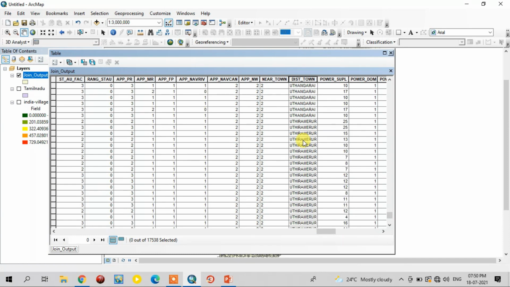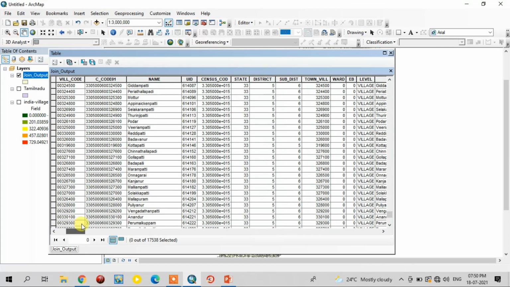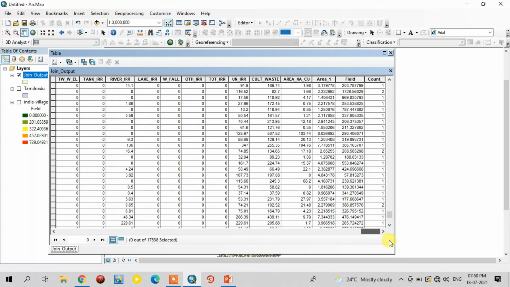See, these are all the district names in a single attribute table. So both are joined. Okay. Likewise, you can join the attribute table in ArcGIS.